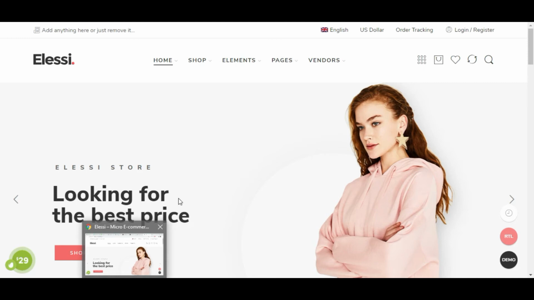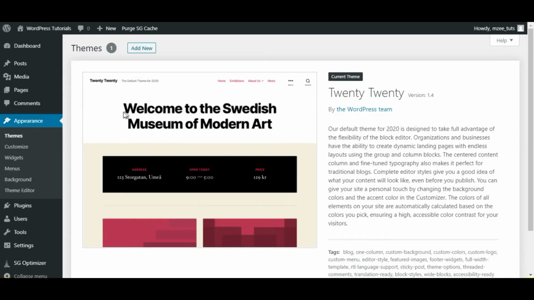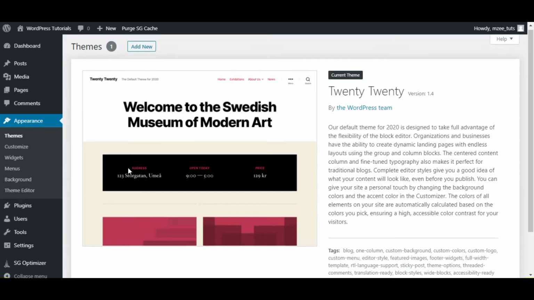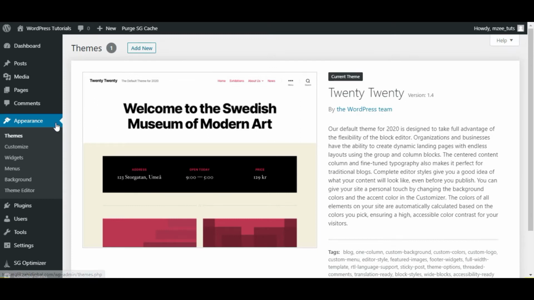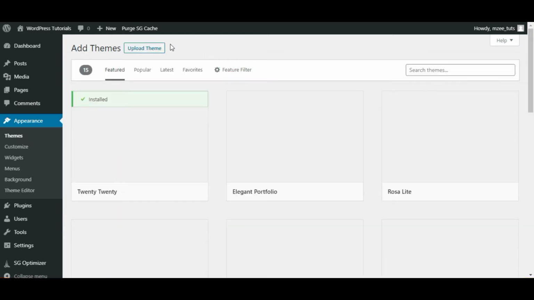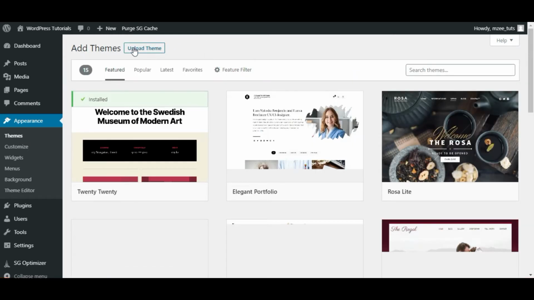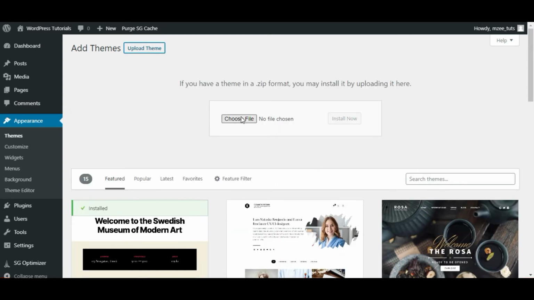So I have already installed a fresh WordPress on my hosting, and you have to go to Appearance, Themes, and Add New. Click the Upload Theme button, then choose the file.